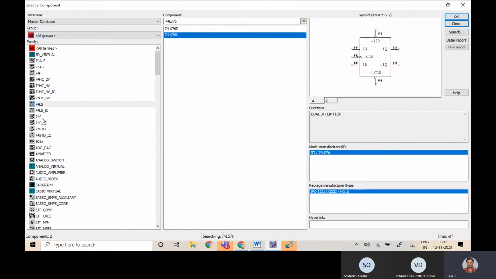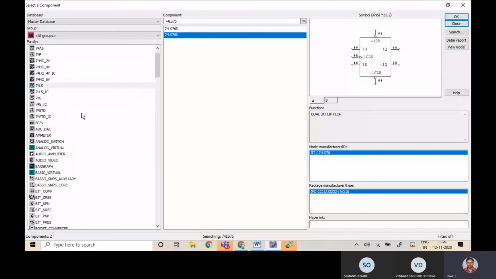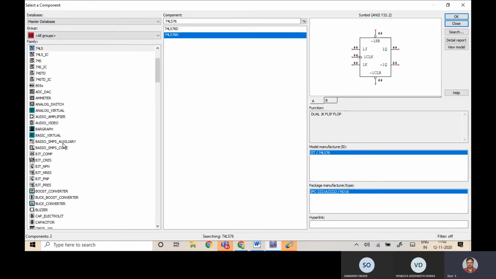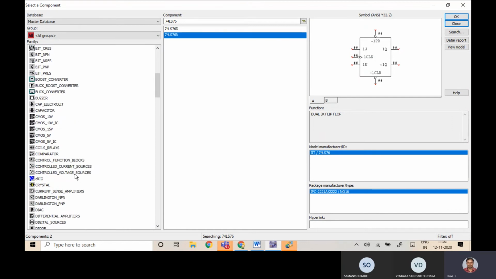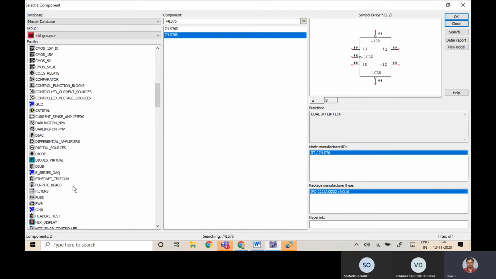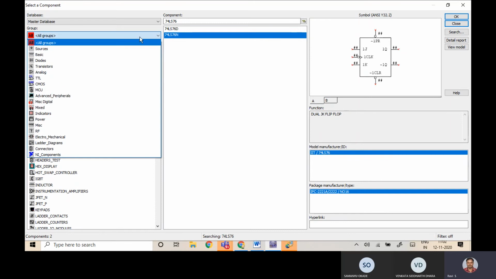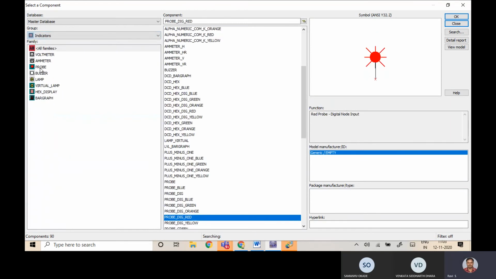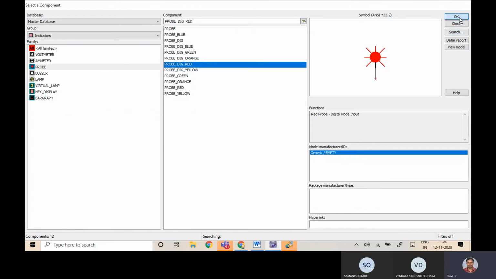Go to all groups, see where the indicators are. Yeah, I'll take indicators. Go to probe, digit.